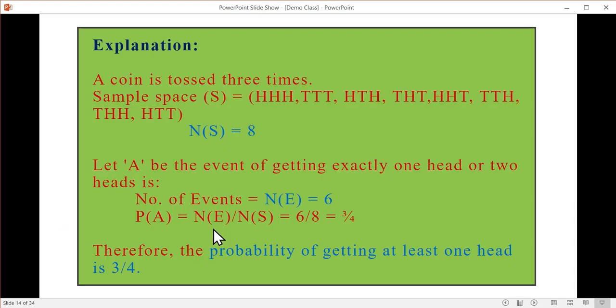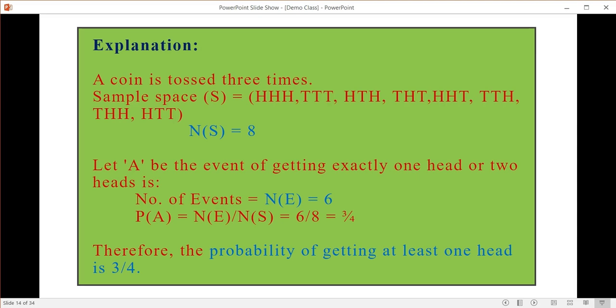So this is the explanation. A coin is tossed three times. So the sample space S equal to, when we toss a coin three times,